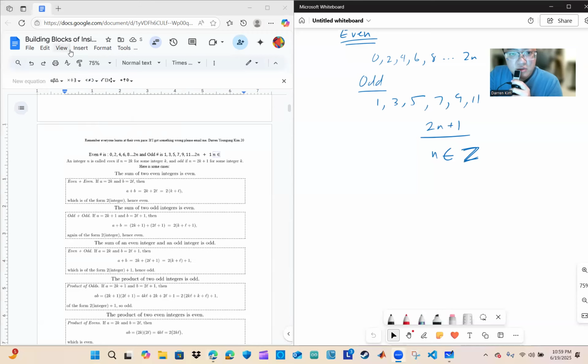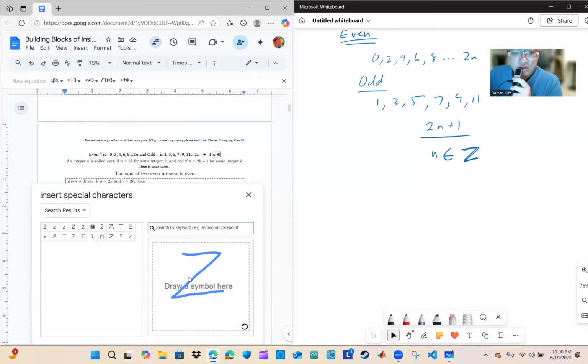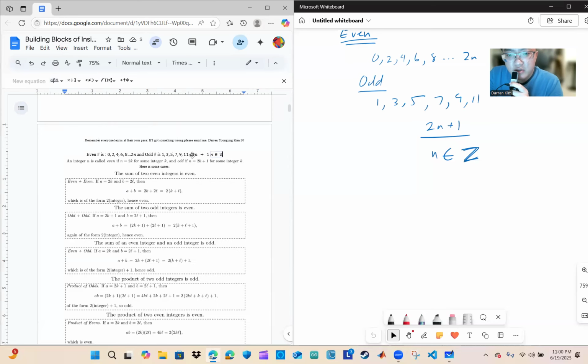In my haste, I did not think to do this. Let me go to insert. Be careful. Okay, Z, none of them work. Let me just try Z again like this. There you go. There is the weird Z that's necessary to indicate all integer values. I don't remember exactly what it indicates, but it's something very important to what we're trying to do.